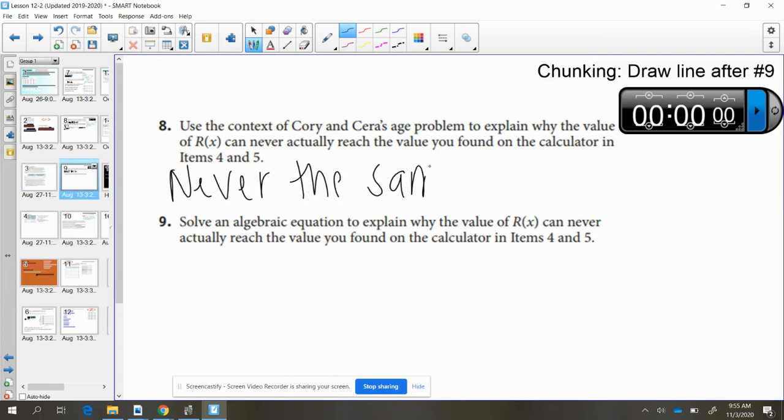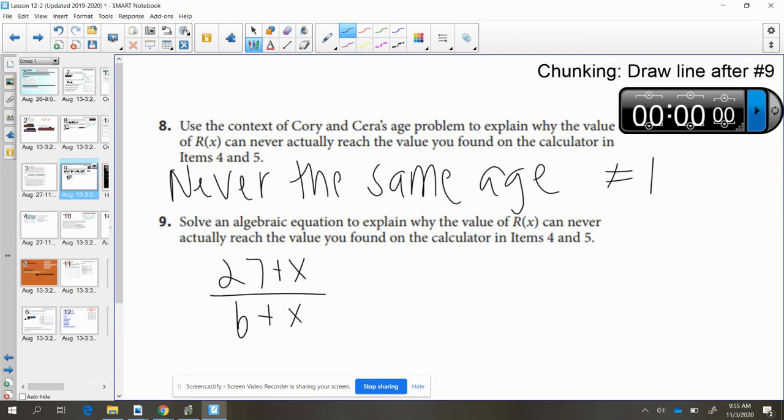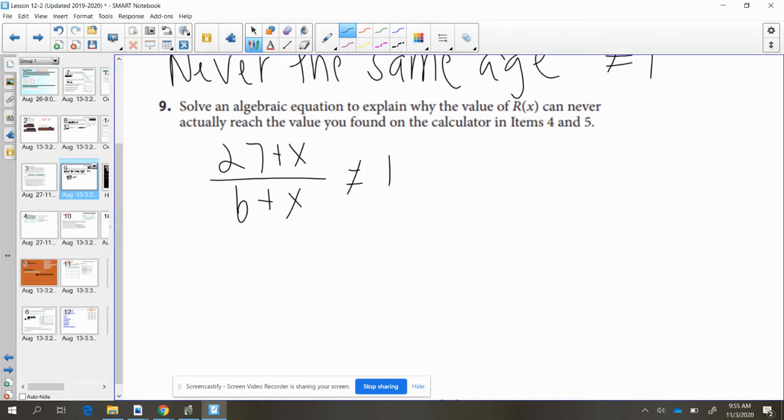Unless they were born the same day, which they weren't in this particular problem, they are never going to be the same age. That's why it's never going to equal 1. And we can confirm this because if we try to set that function equal to 1, we would end up multiplying both sides by the x plus 6, but then we would end up getting these x's to cancel, and